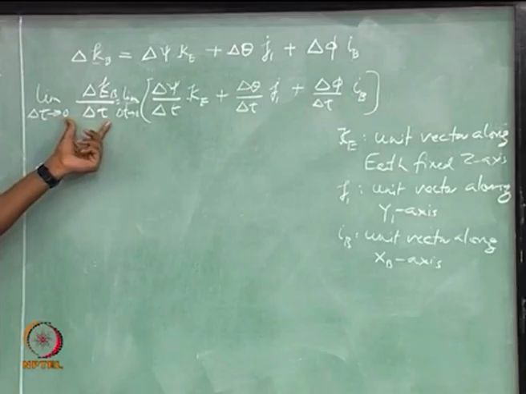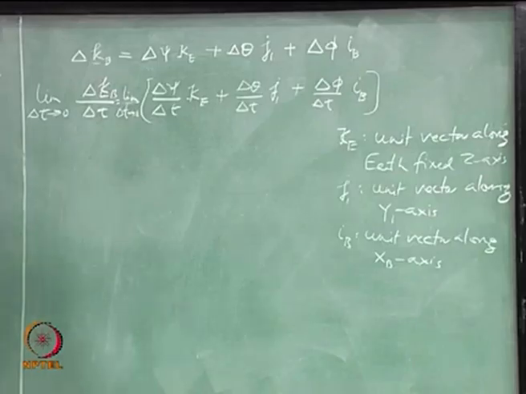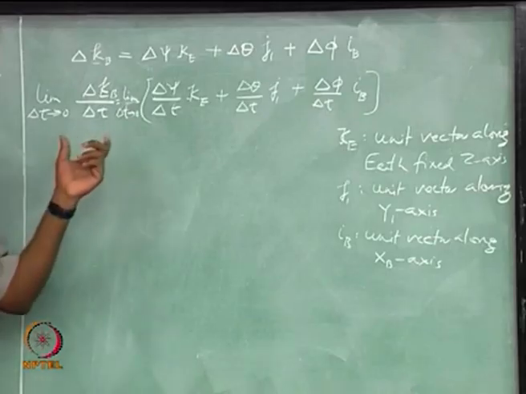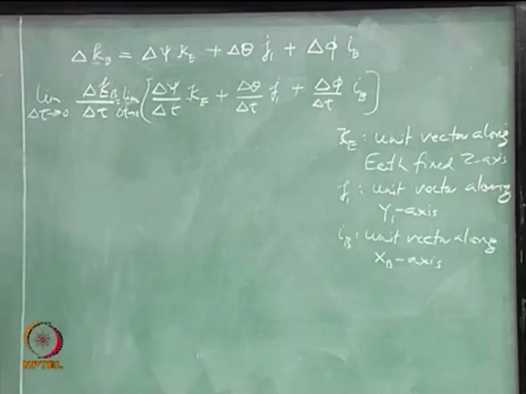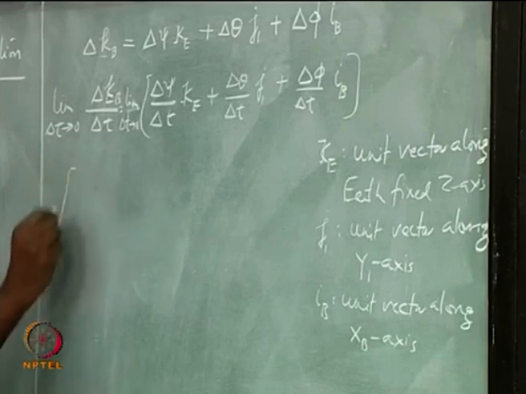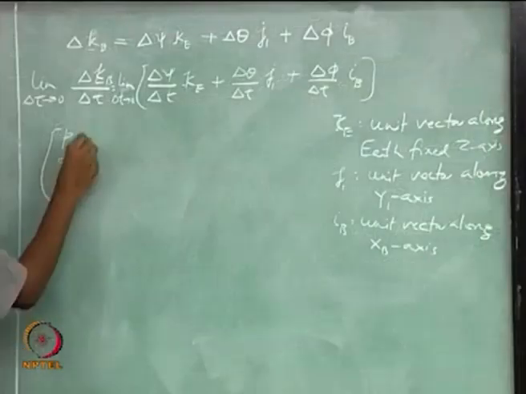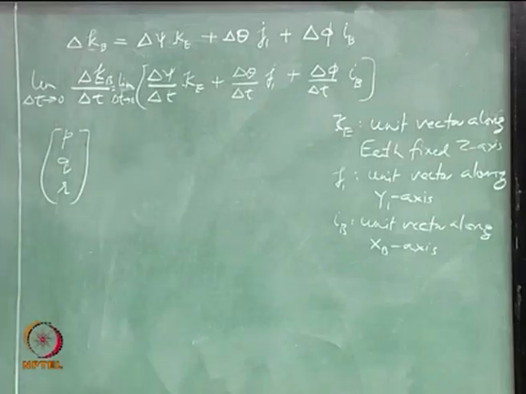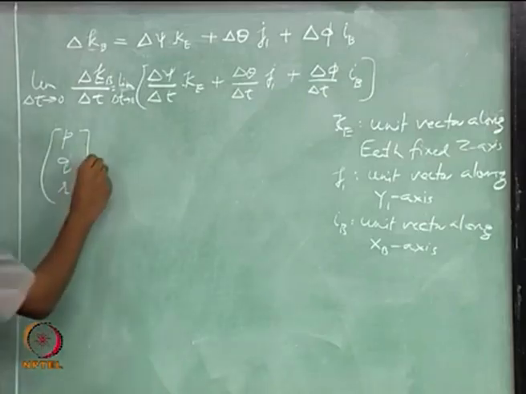What is this quantity? Rate of change of angle of the body in the body fixed axis system. So, this is related to the angular rate or the angular velocity of the body, or the aircraft. So, this is P, Q, R, equal to